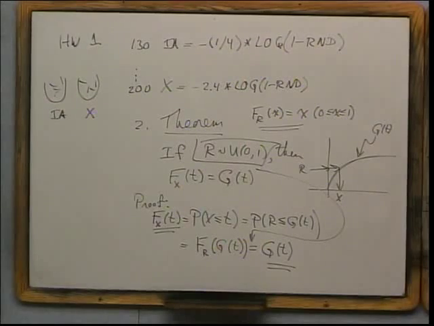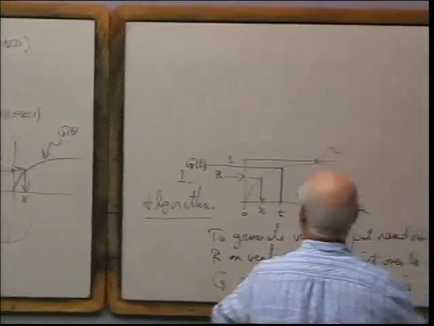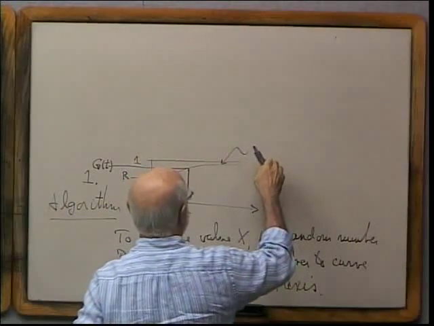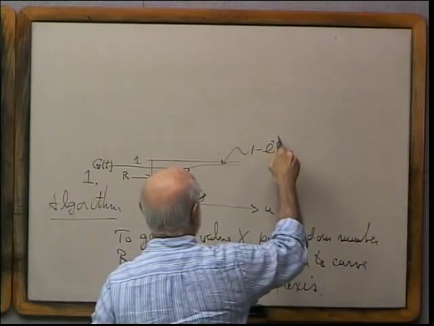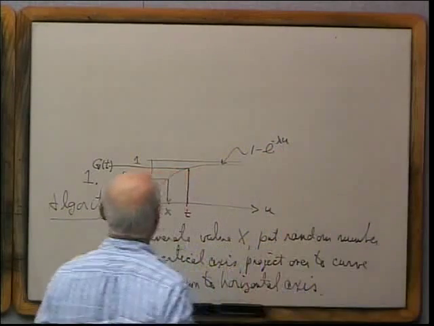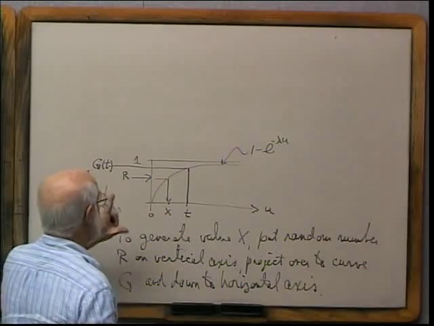Okay, so now my g has formula 1 minus e to the minus lambda u here. Okay, so what I'm going to say then is this. I'm going to say that